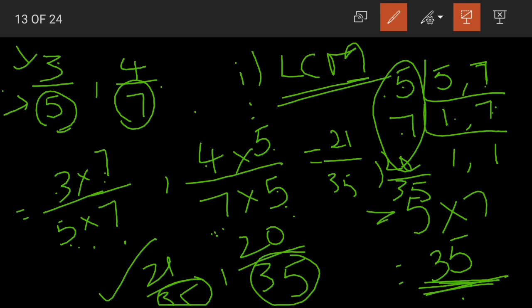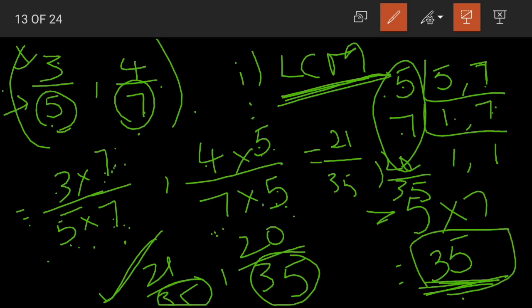What did we do here? We converted these unlike fractions into like fractions. How did we do that? We did that by finding the LCM of the denominators and then converting them into equivalent fractions. Yes, isn't this an equivalent fraction students? We are multiplying the numerator and denominator with the same number, same non-zero number. Yes, so we are converting them into equivalent fractions based on our LCM.